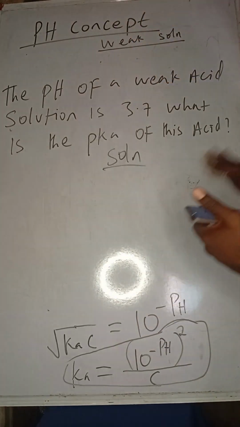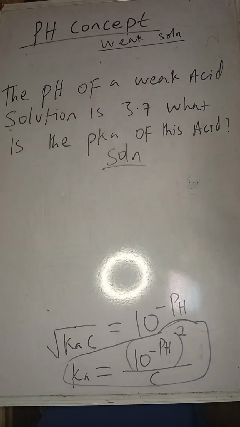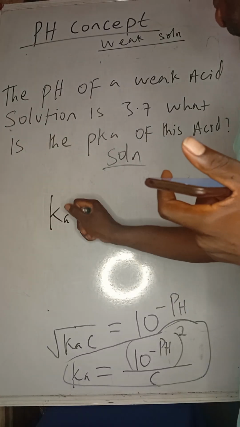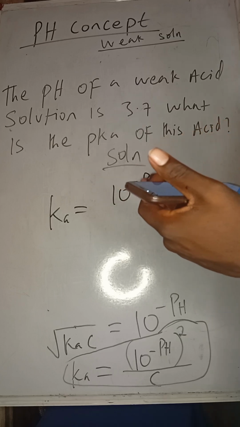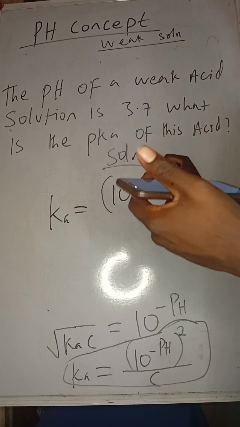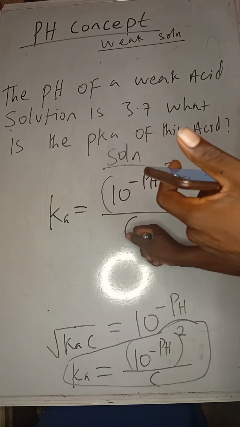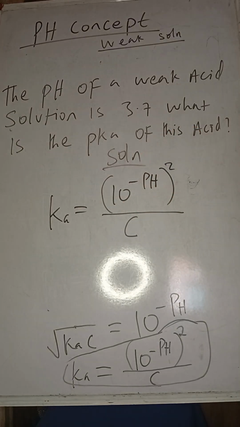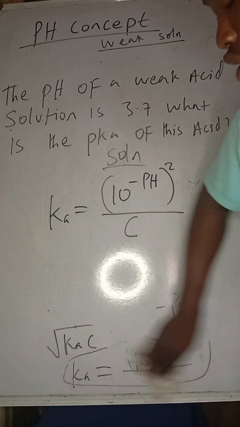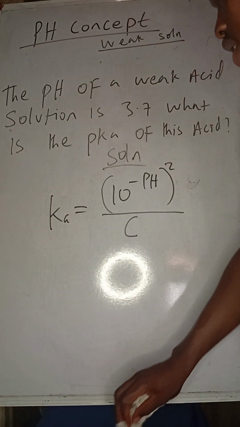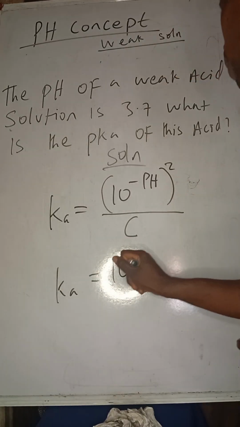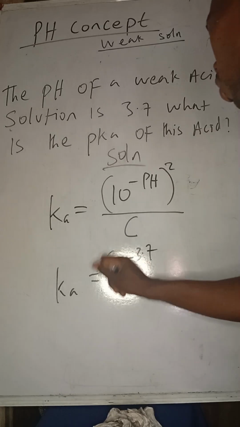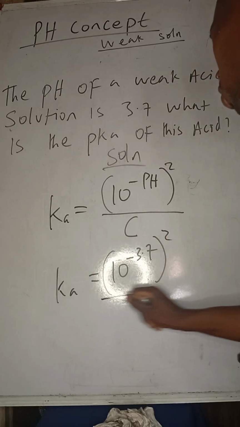So wiping them off, I have K. So what's my K? Ka is equal to, don't forget that, 10 raised to power minus pH, all squared, all over C. My pH is 3.7, so Ka is equal to 10 raised to power minus 3.7, all squared, all over, what's the concentration